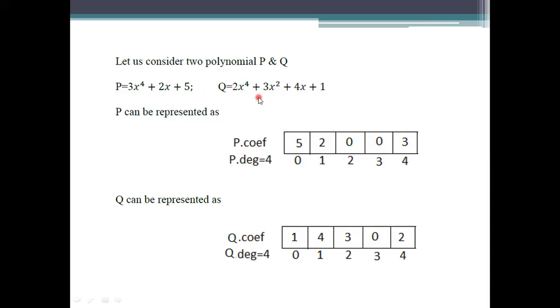And the second one is using 4, 2, 1, 0. Whatever values it does not have will be considered as null here. Okay, so by adding these two, we will get the resultant polynomial.